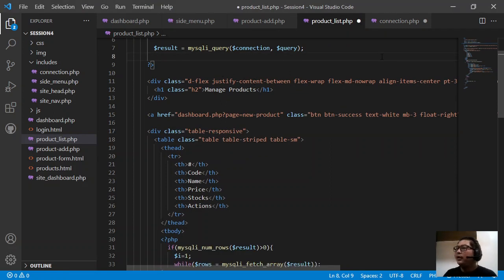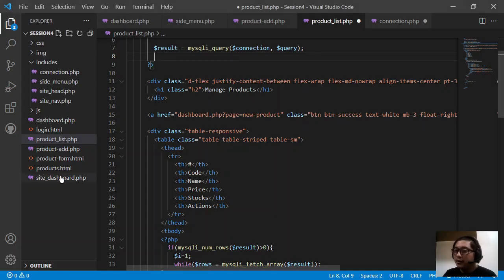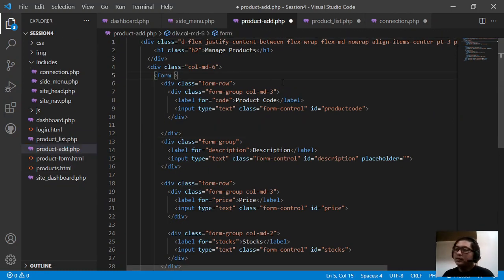Okay, so let's try. Since we already redirected from the form, our next focus is the form itself. So, products add. Now let's set the method this form should perform. Let's say post. Then the action, let's say add product dot php. Or we just